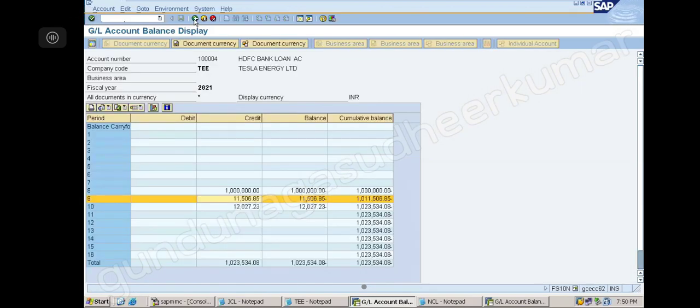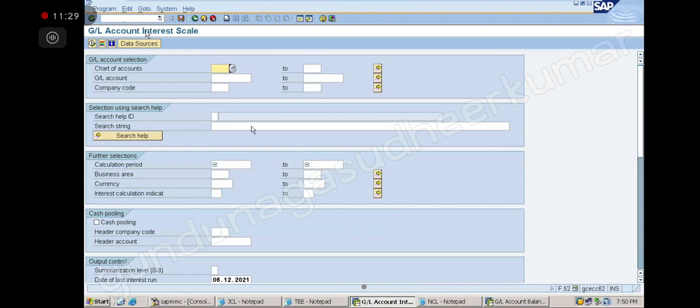Okay, understood. So repeat this one, interest, FSNL, F.52. I cannot repeat. If I have to repeat, then I have to repeat for January again, right? I'll just show you the picture. Yeah, sure.